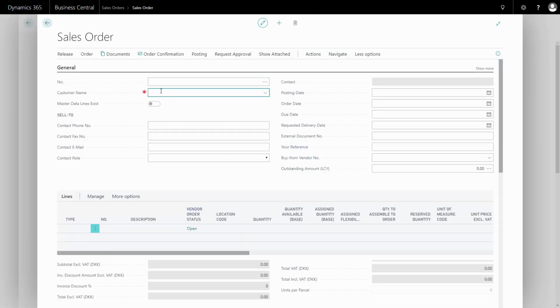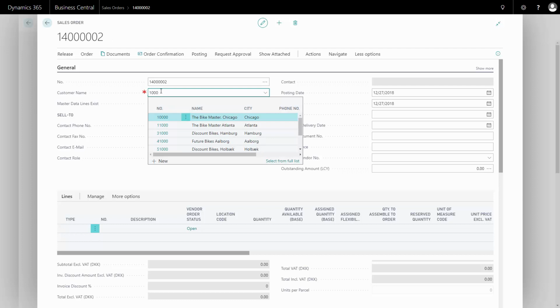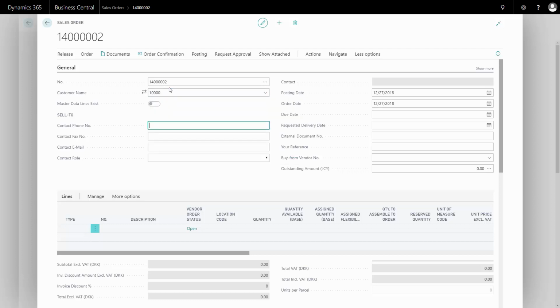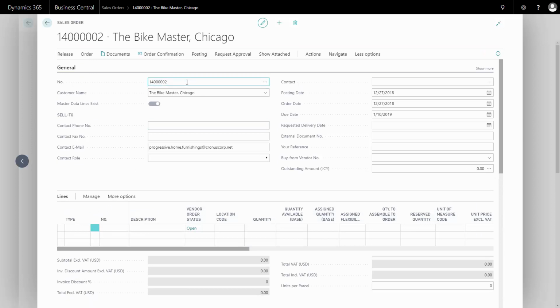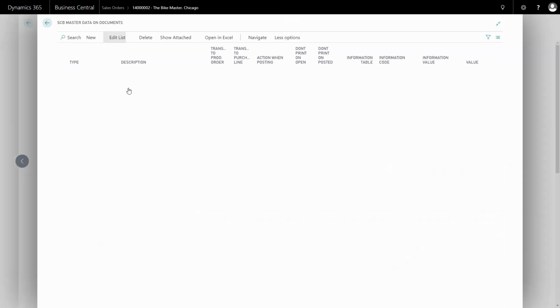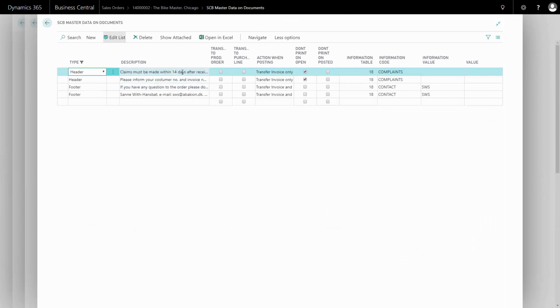And first I'll make a sales order for a normal customer with an English language code, and I add my customer name. And after adding my customer name and the header is inserted, I can navigate into my dynamic reports menu, and in here I have my master data information, and that's my information that is set up in the document header. So already now it has set up information coming from the customer, and I've defined in some setup that it should set up some of it from the header and some of it from the line, and it's all written in English here.